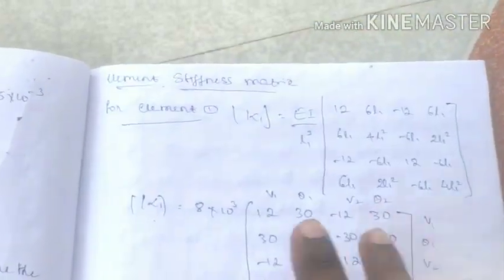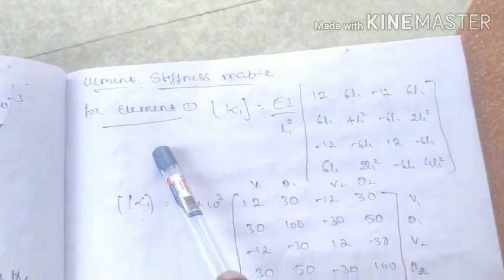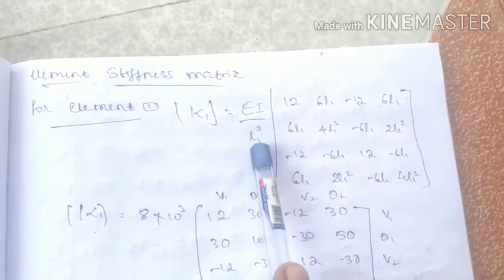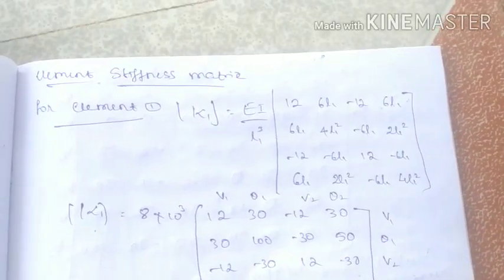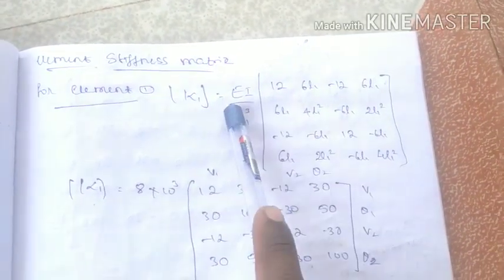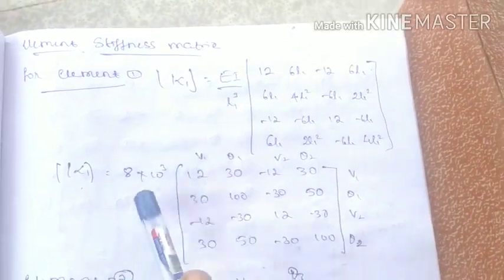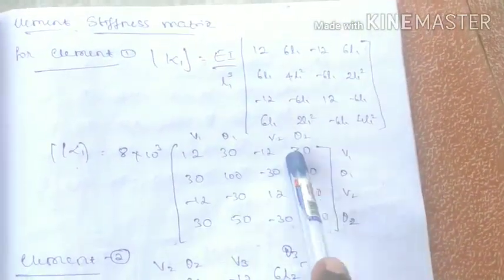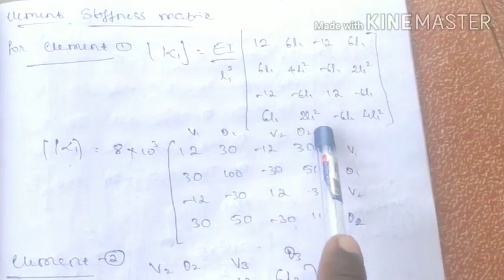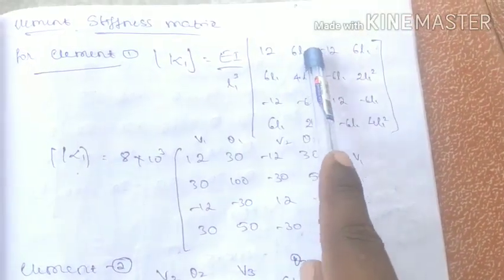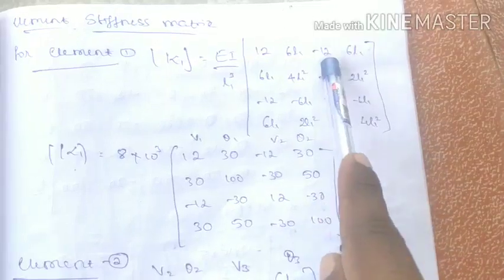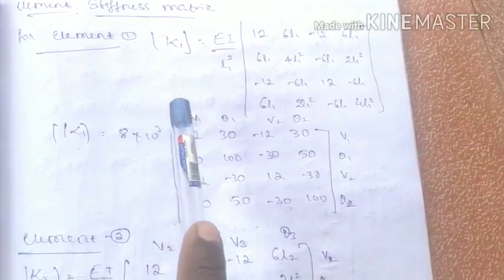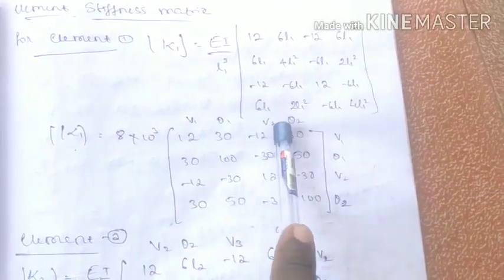Now the next step is we need to find the element stiffness matrix. Based on each element we need to calculate. So here the L1 value you need to substitute, that is L1 we consider as 5. Therefore you substitute the corresponding E1 value, I value as well as L value. Then if you simplify, you will get 8 into 10 raised to 3 and this will get like this. Substitute the L1 value, that is 6 into 5, 30, similarly minus 12, 6 into 5, 30, and so on. So node 1 corresponds to V1 theta 1, V2 theta 2, here also the same.